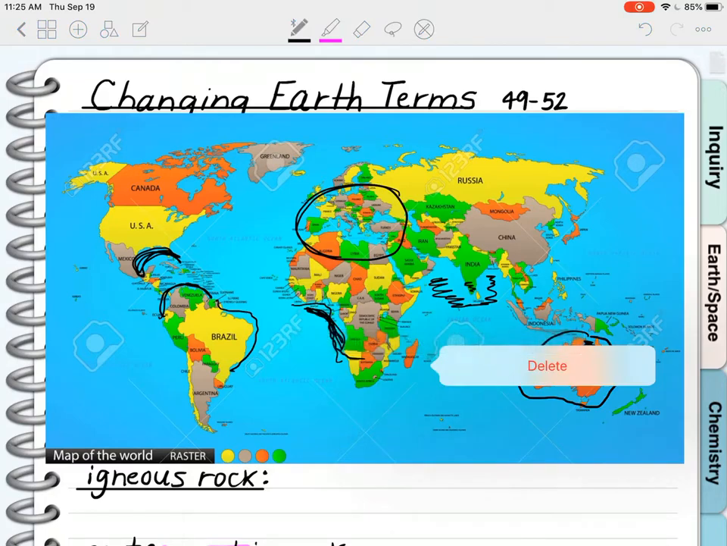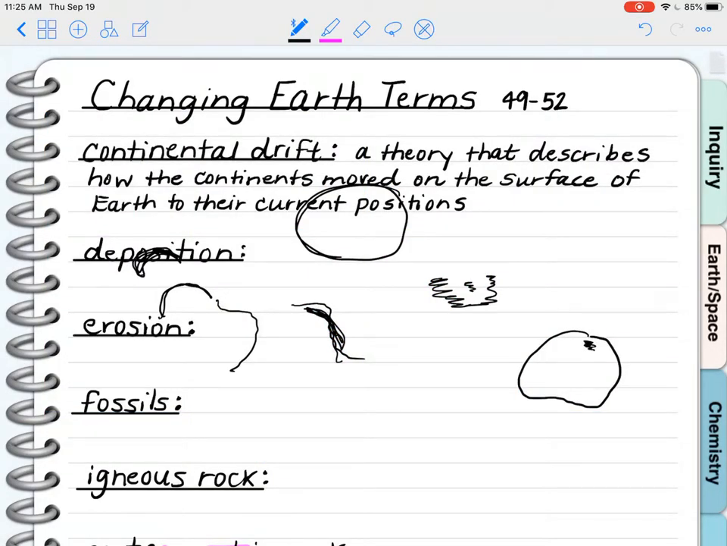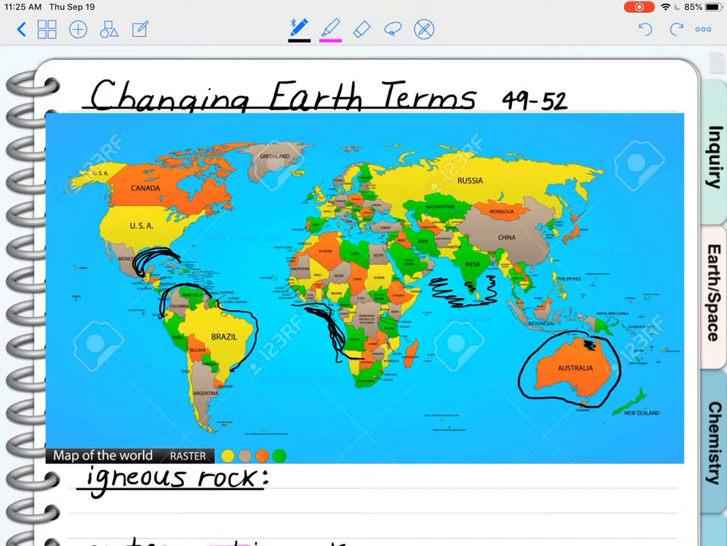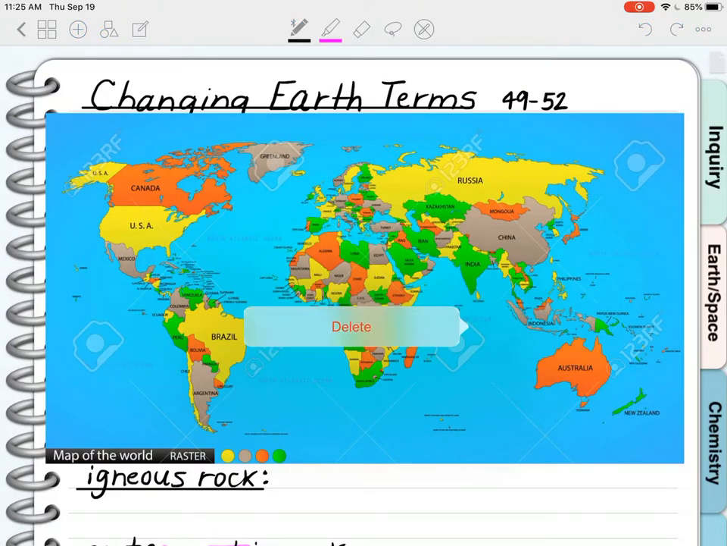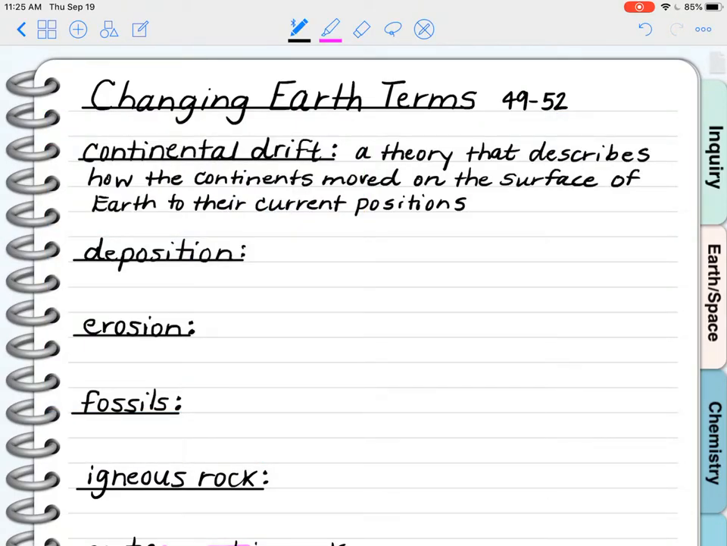Okay, let me see if I can get rid of that picture. Oh dear, I didn't get rid of my writing, so we don't want that in our definitions. Now let's get rid of the picture. Okay, the next term is deposition, and I'm going to sound this one out for you. That's schwa, depa, deposition